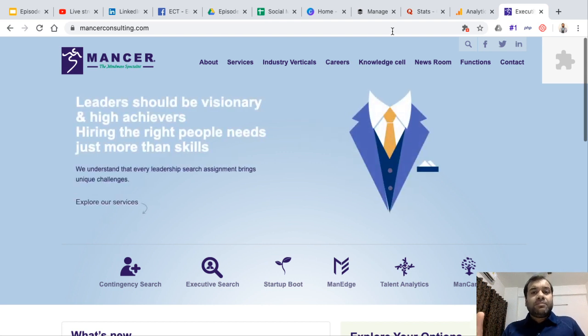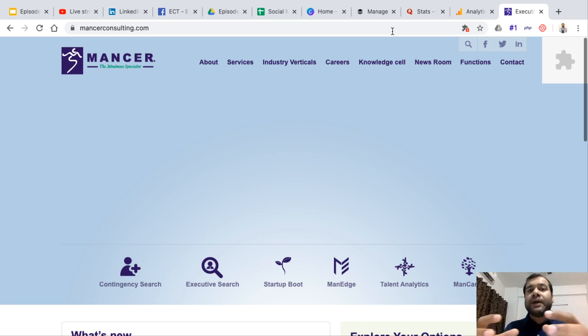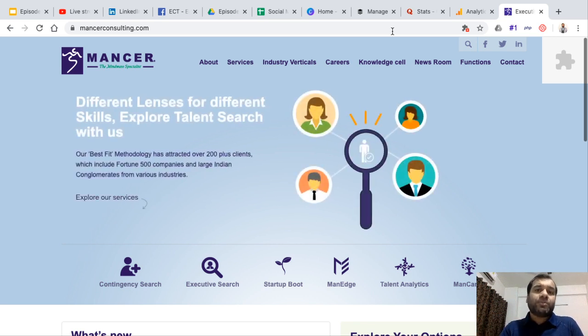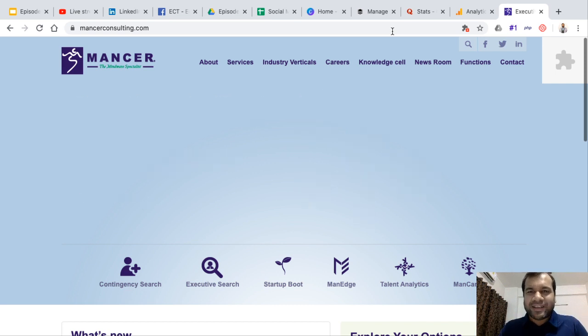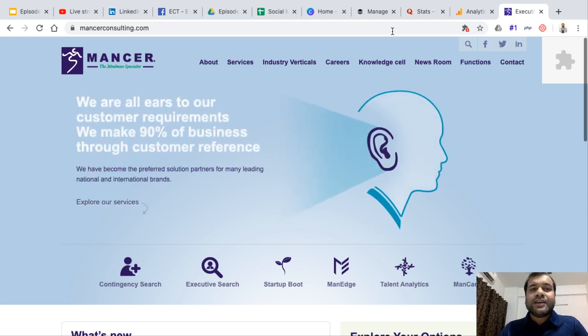So they are basically matching a potential candidate to an employer, and they make money only when the match happens. They will charge the employers maybe 1 month salary, or maybe 8.33% to 12%, depending on what their fee structure is. But this is how they are going to charge money.